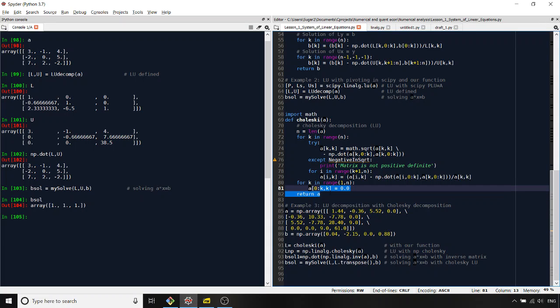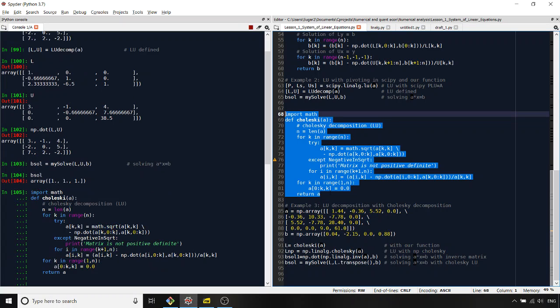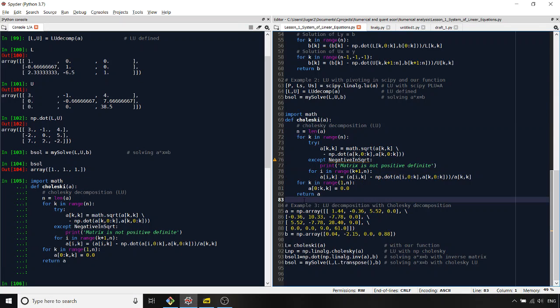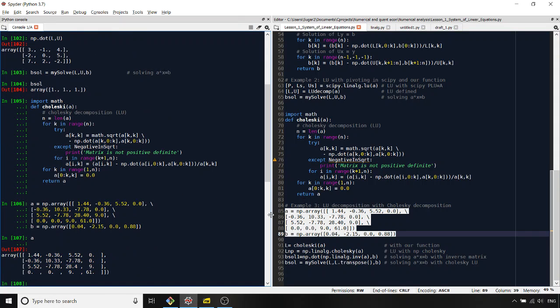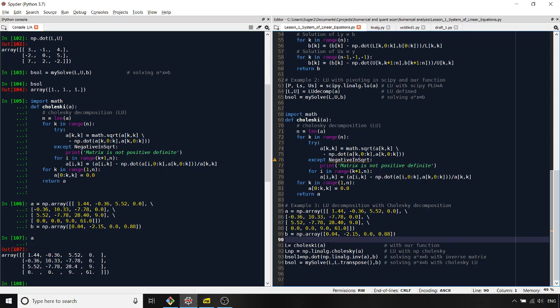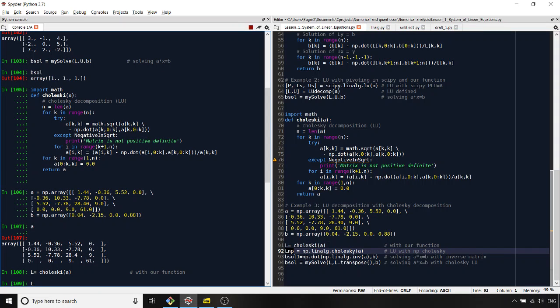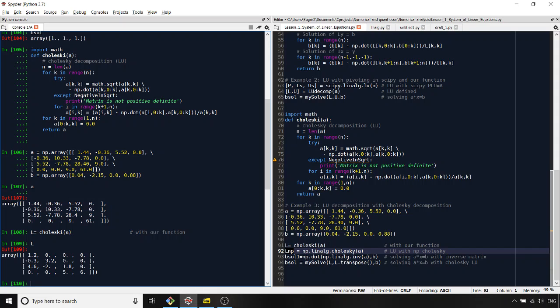So let's see how it works. I'll use the math function of Python. The A matrix which we will use is this. This is given in the book. Let's have a look. As you can see, this is a symmetric matrix, and B is just 4. And let's do the Cholesky calculation here. Oh, yeah, I don't actually need to select. And this is L. Okay, this is our triangular matrix, and if we